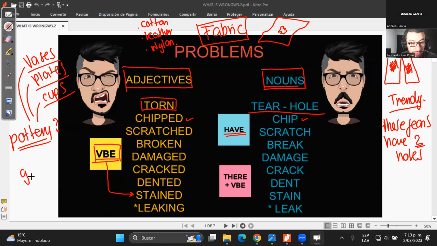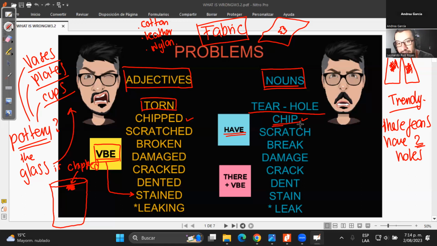Or sometimes when we have glass, which is of course for doing the same, no? For doing those objects. And the object misses a little part. For example, I have a glass here. Yes, I have a glass. And the glass has a little missing part on the border, on the edge, right? So in that case, the glass is chipped. Chipped, it means really como desportillado or something like that. And a chip, it means like a little break, como una ruptura pequeña, no completa, sino a little chip. It means like un pequeño, how did you say that? Como una pequeña desportillada, right?